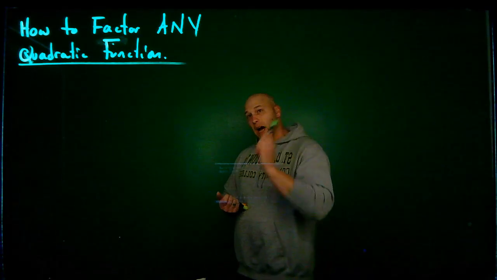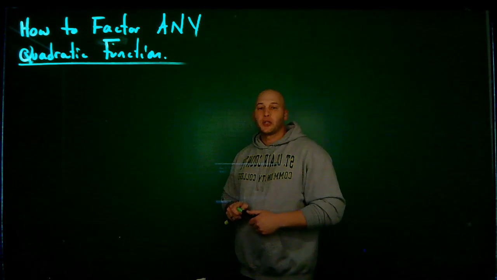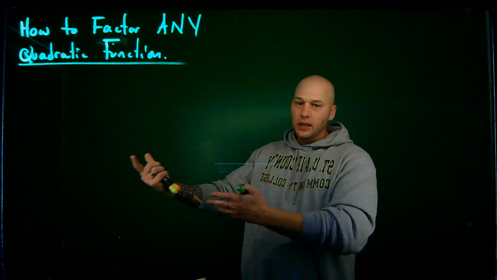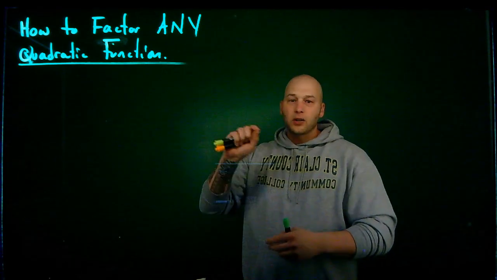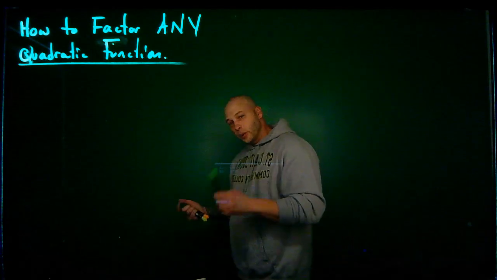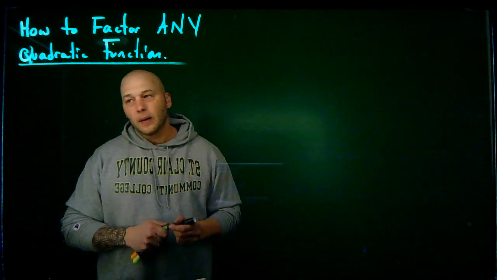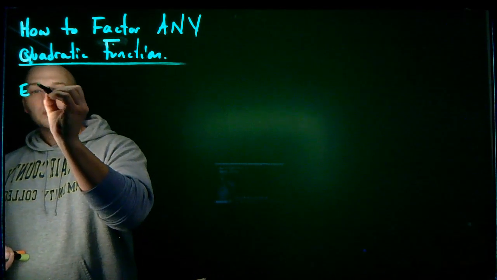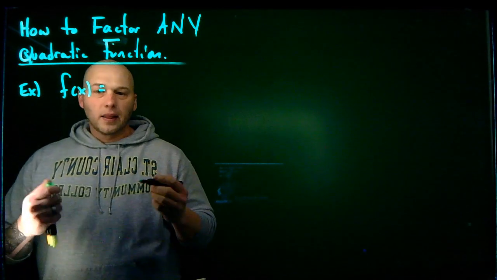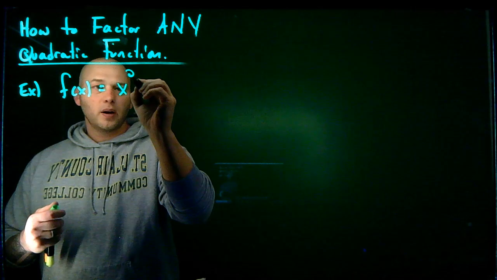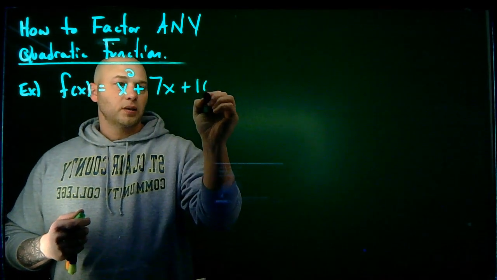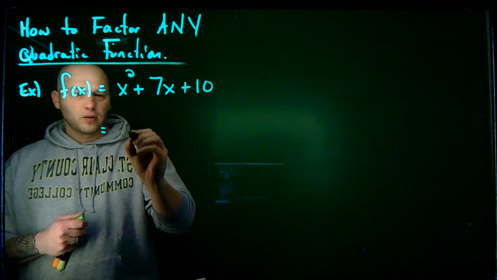I want to take a look at how to factor any quadratic function. So not just the ones that you see in your class that you can easily come up with the numbers that work. How to factor absolutely any quadratic function that you could ever come up with. Pretty simple, but let me go through the idea. First and foremost, let's say I give you a classic example, x squared plus 7x plus 10. If you want to factor this,